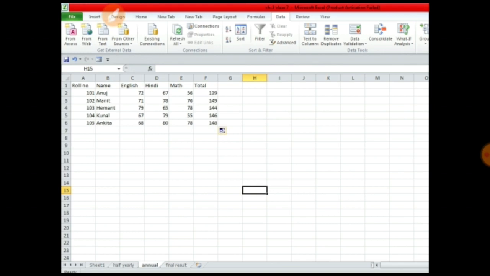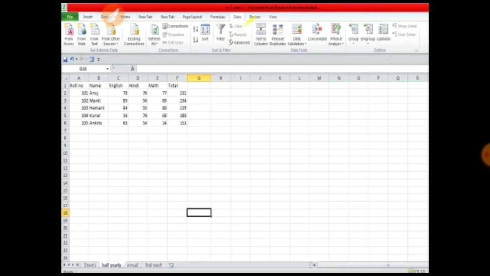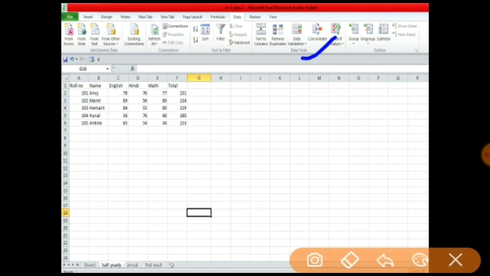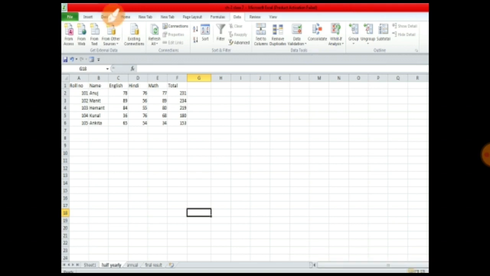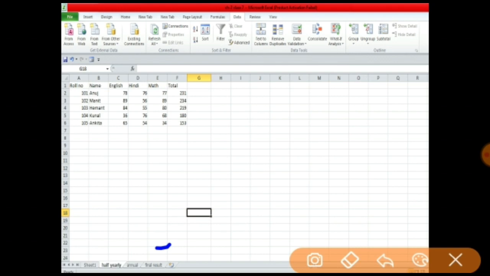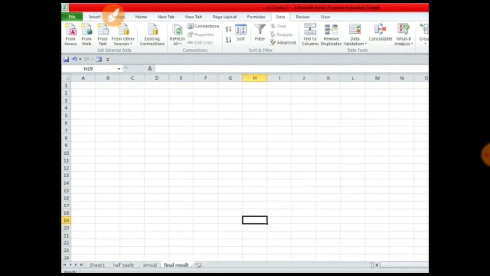So what we have to do, again you just have to click on the Data tab. Here you can see we are having the Data tab, and now you have to choose the option Consolidate. First you have to go to the final result sheet, right? So now you just have to click on the Consolidate option.